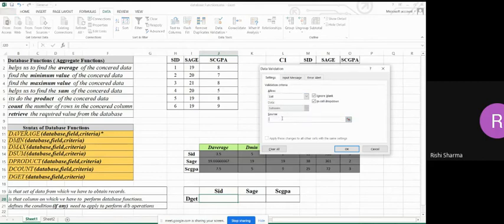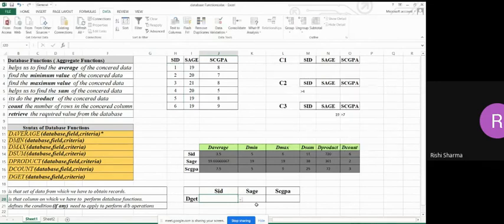Go to the source and select all these 6 values and click OK. You will see this drop down box where you can see all the 6 values.